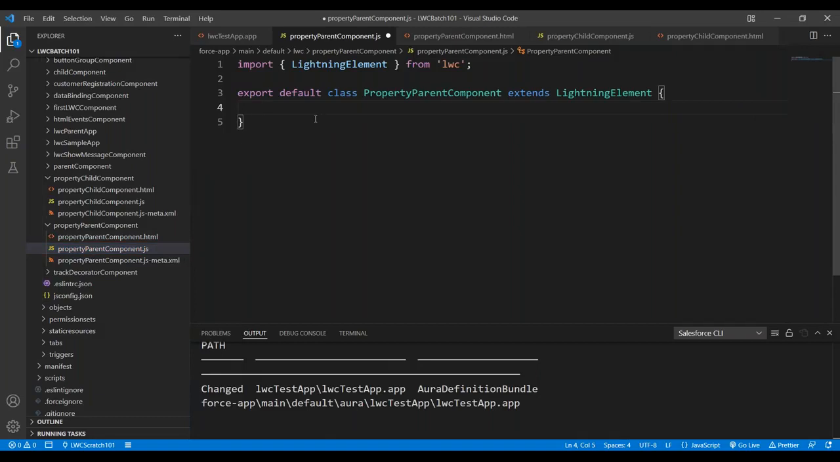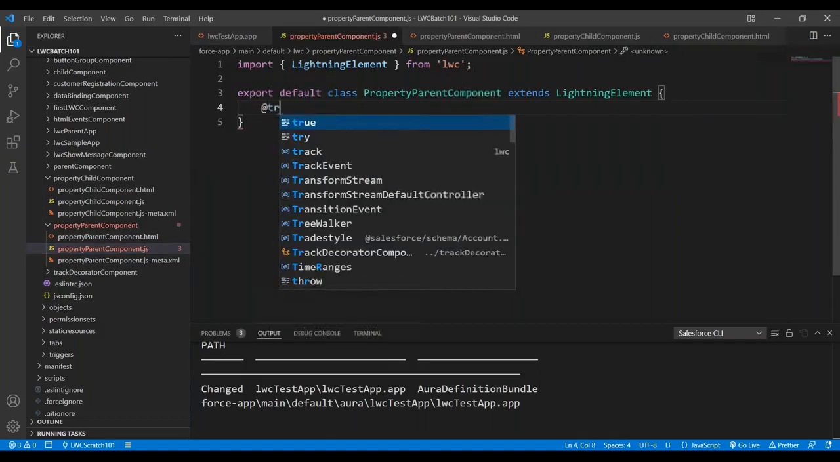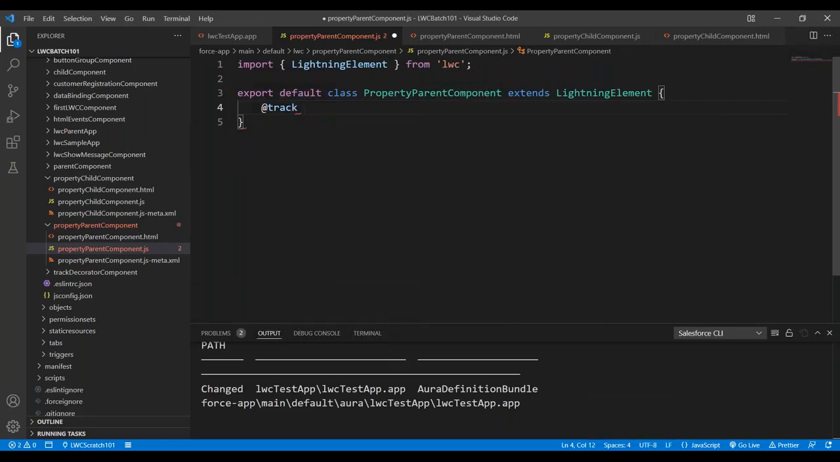Here I would like to assign that. I'm defining a property here, a variable with the @track decorator, which can be accessible within this component only. The track decorator indicates this property can be accessible within the component. Now I would like to define a property with the name